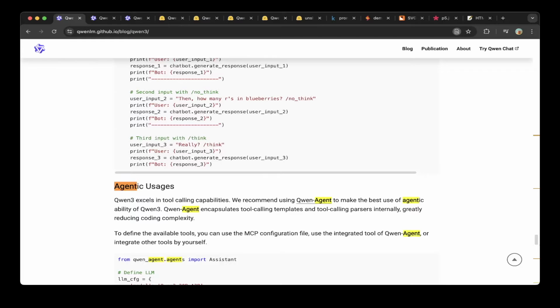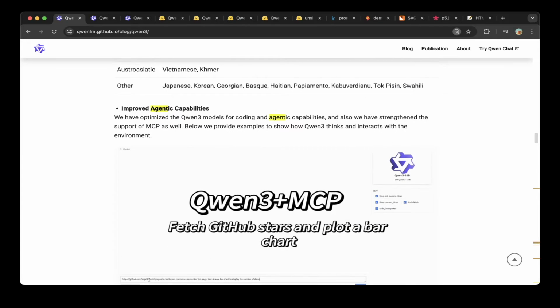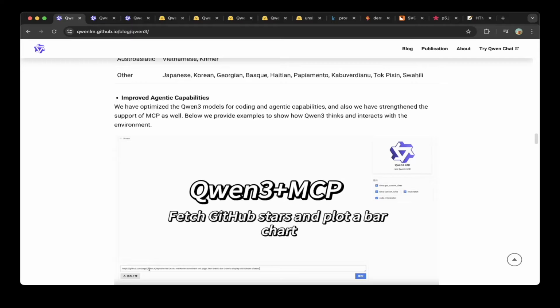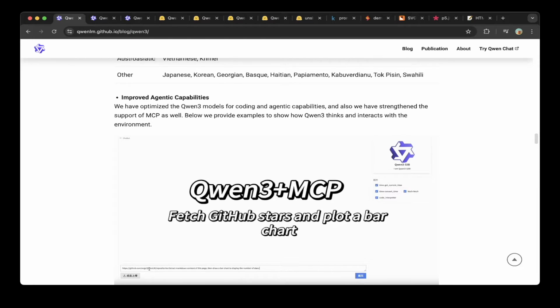So there's a Qwen agent repo, and you can go to the Qwen agent to take a look at this agent. I think Qwen3 has some optimization or improved integration with the Qwen agent, which also strengthens the support for MCP. It already supports MCP, but I think Qwen3 has some optimized